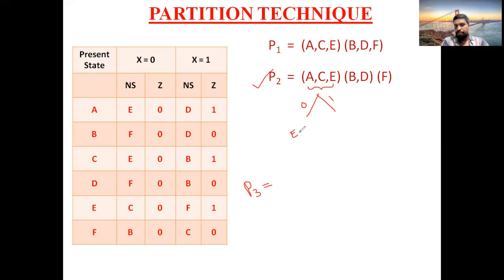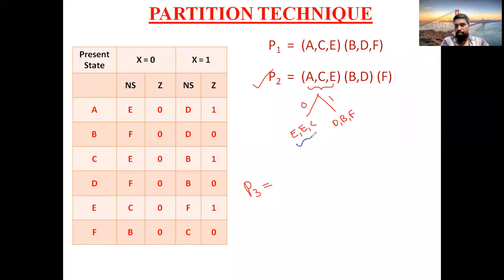E comma C. And what is one successor? D comma B comma F. Okay, just now we have seen. See, A we are having D, and C we are having B, and E we are having F. That's what I have written there. Previously we have seen them. Now verify the condition, whether you are having the same format or not.